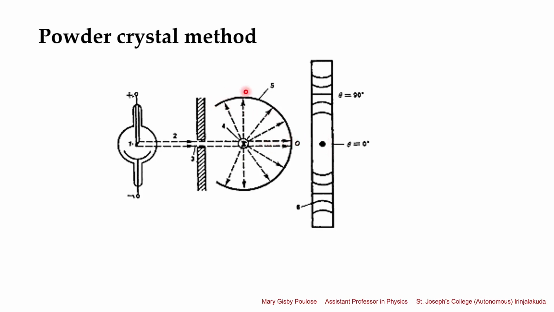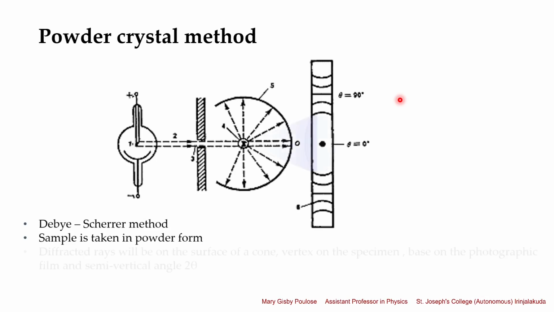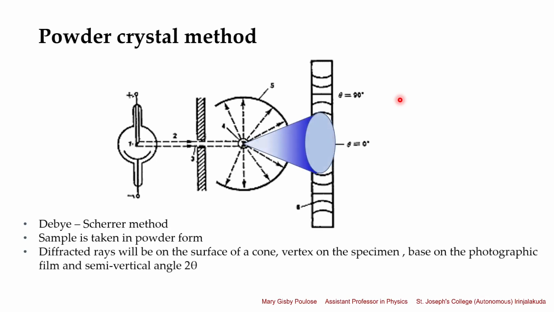Now, when we place a photographic film on this circular region, we can measure or take the plot of these diffraction beams. We can read the diffraction pattern. This method is called the Debye-Scherrer method. Here, the sample is taken in powder form and the diffracted rays will be on the surface of a